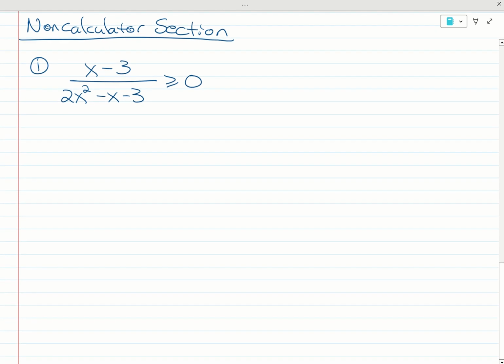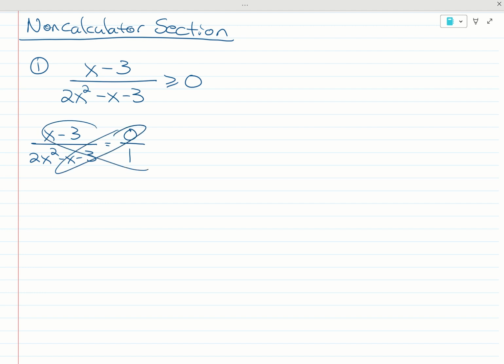When we talked about solving problems like this, what we're going to do is first solve it like an equation. So x minus 3 over 2x squared minus x minus 3 is equal to 0 over 1. Solve by cross multiplying, and we get x minus 3 is equal to 0, and then x would just equal 3. We could also go ahead and figure out when the denominator is 0